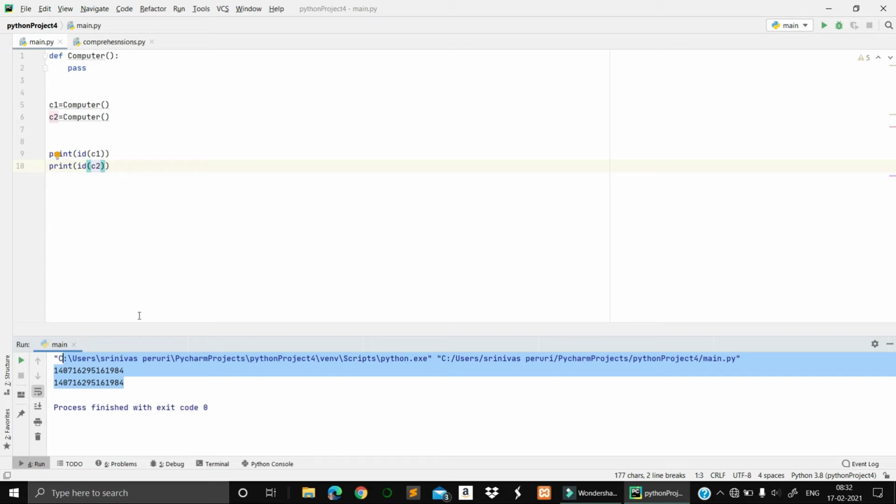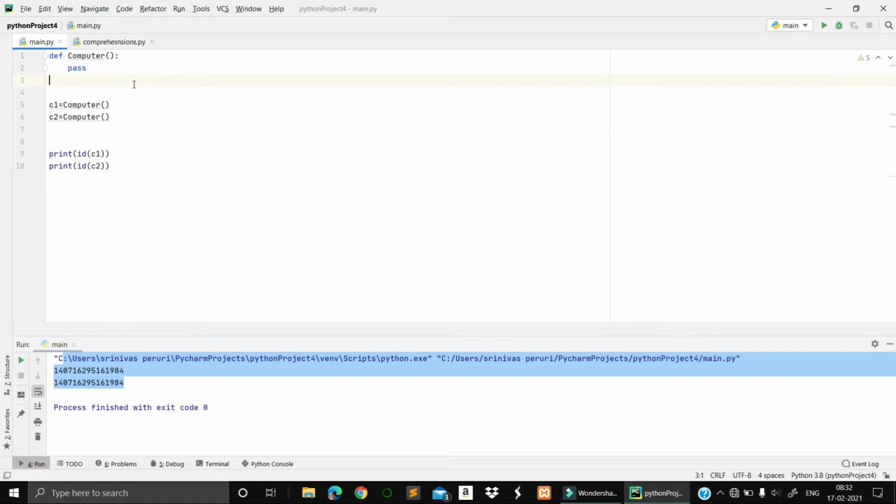So I belong to that address. Same thing here: c1 and c2 are studying in that college, and the computer is the college. So when you want to know the address of that particular student, you will get the same address for both. Okay, up to this it is fine.